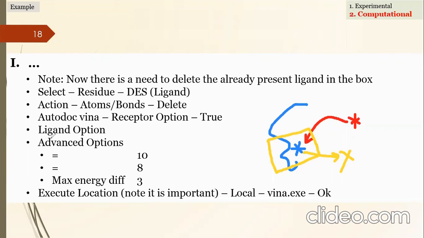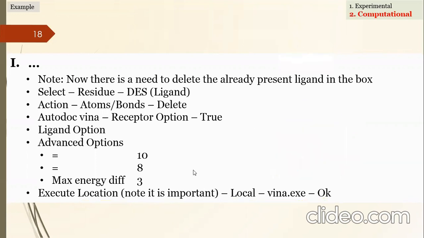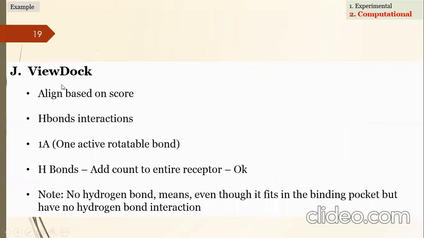और ऑटोडॉक रिसेप्टर ट्रू, ओके, और लिगेंड ऑप्शन, और यहाँ पे आपने ये पैरामीटर्स डिफाइन करने हैं, फिर आपने इसके लोकेशन को देना है, लोकेशन को लोकल करें और ओके करें। ये आपने प्रैक्टिकली करना है, this is what you will do practically। सो after that फिर क्या होगा कि once you did that, व्यू डॉक एक ऑप्शन